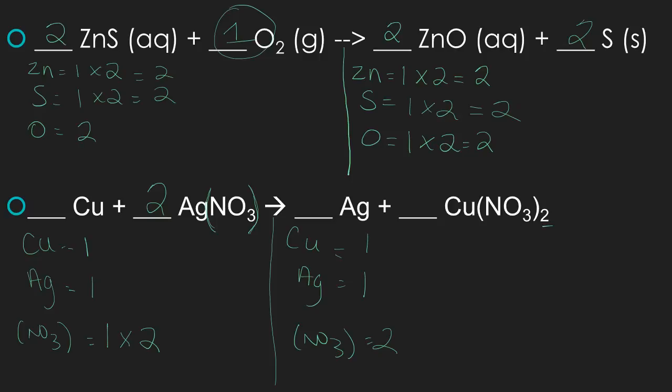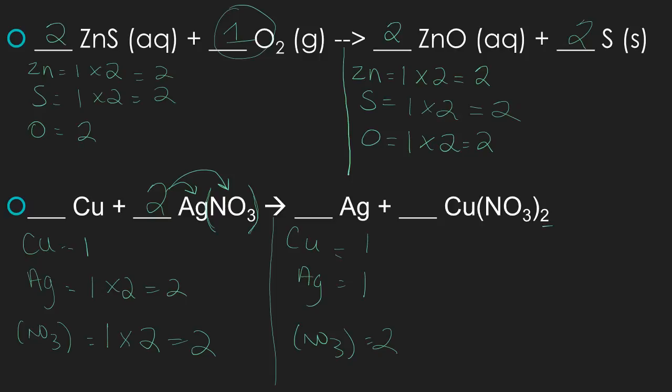Remember, since I'm multiplying on the left side of this line, that's where I'll put my numbers. Then I ask, when I put that 2, it multiplies the NO3, but is there anything else that needs to be multiplied? The answer is yes, the Ag. So I multiply this by 2. I update my counts. 1 times 2 is 2, so I have 2 Ags,